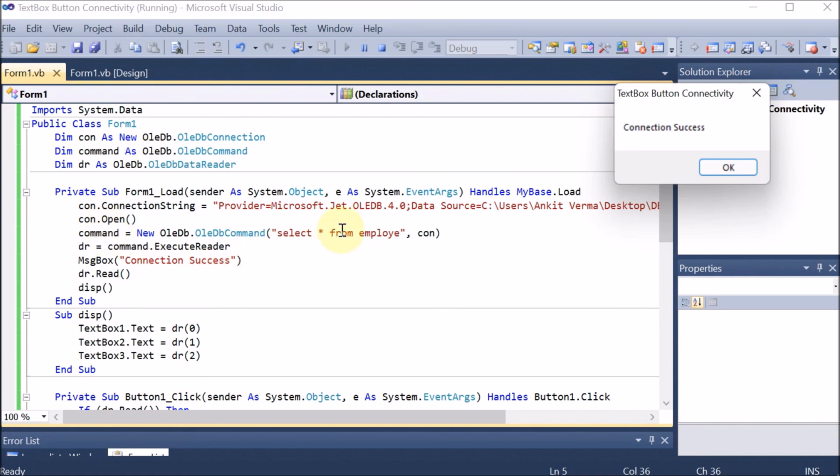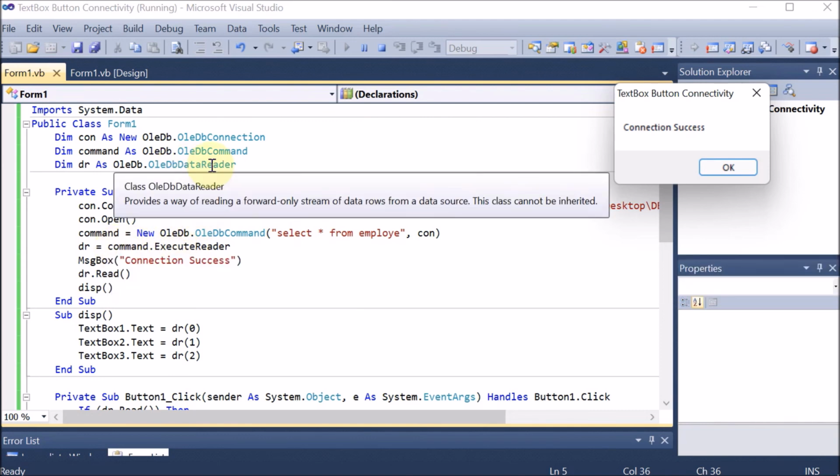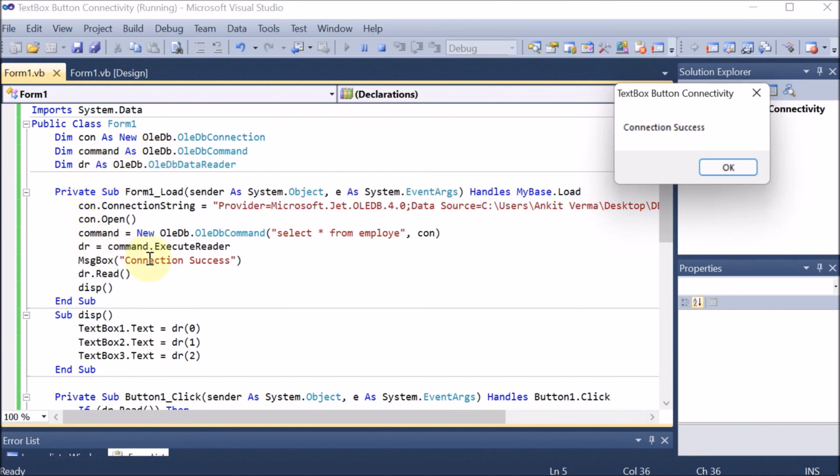Now who is going to provide you the water? That is the reader, meaning a tap which you are provided, and when you open the tap, then water comes to your home. So that data reader is the tap. Now the data reader, whenever you open, so here you can see dr.read. So whenever you open the tap, then water will come. Similarly, when you mention dr.read, at that time it is going to read that data.